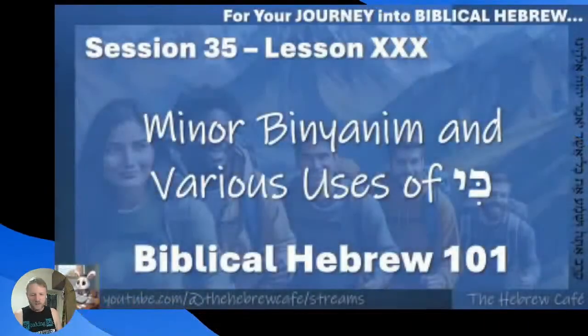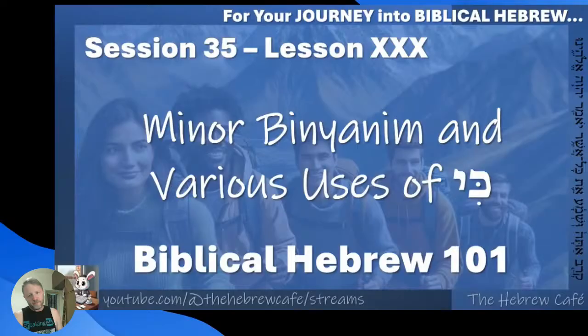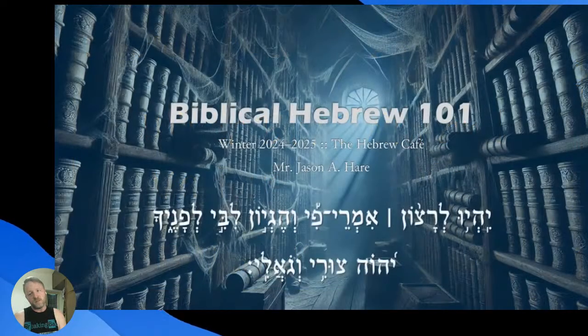We've got to get into lesson 30. Lesson 30 is the last lesson of this grammar book. So we need to find some time also to talk about what we're going to do next, because I'm not so sure as far as grammar is concerned. Reading, I know what we're going to do. Grammar, I don't know. But we're looking at the minor binyanim and various uses of ki. This is going to be an easy lesson, I think, because the minor binyanim are not that difficult or